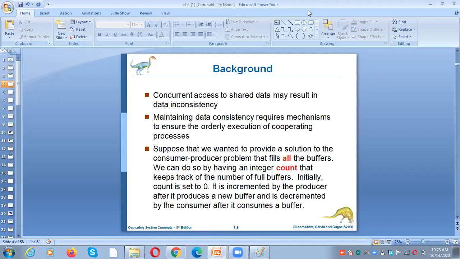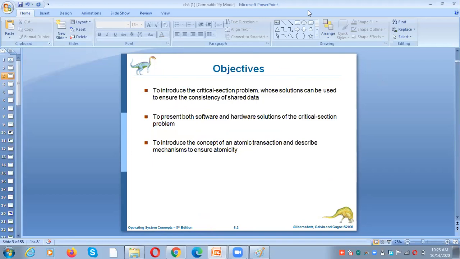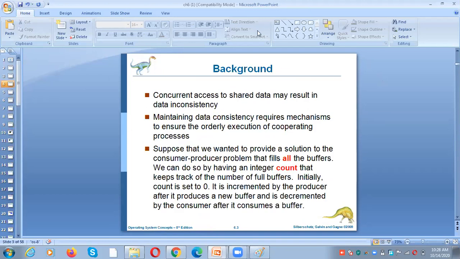So these are the things we have covered. What is the background? What is the objective of process synchronization? I already told you concurrent access to shared data may result in data inconsistency. In a cooperative process there should be some orderly execution, and based upon that execution the data consistency will be ensured.